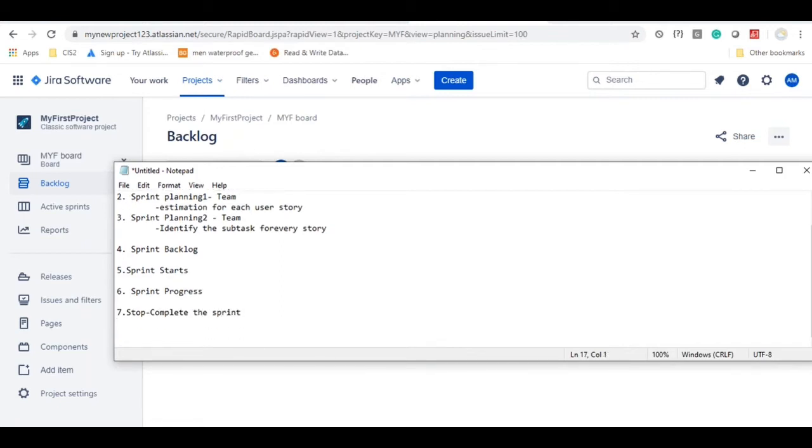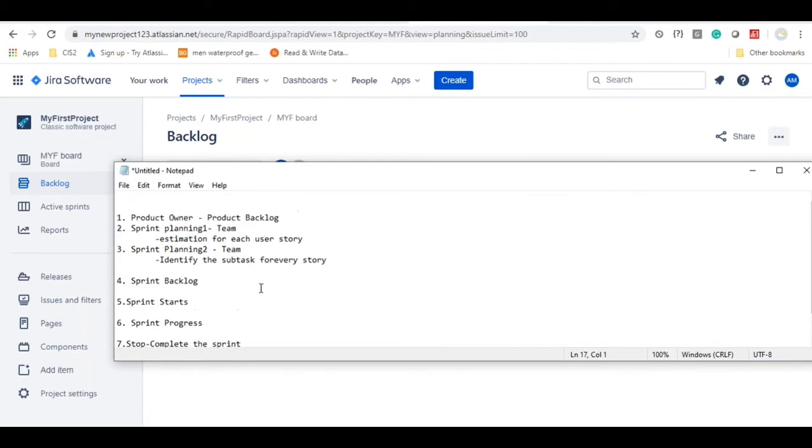And after that, you will have a review meeting, or in between you will have stand-up meetings on a daily basis. And at the end, you will have review meetings with the end user, and you will be conducting the retrospective. As all these things are external to this tool, I'm not going to document that here. Now, whatever is required, I'll be showing that.